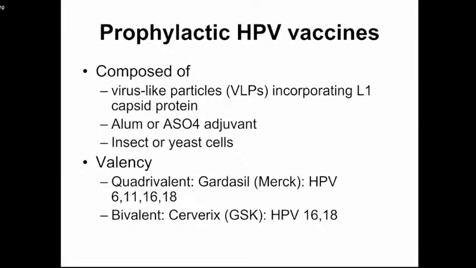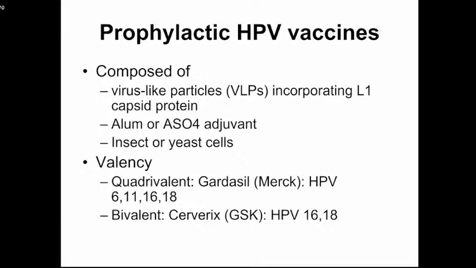Prophylactic vaccines are composed of virus-like particles, or VLPs, which incorporate the L1 capsid protein, and that is combined with either alum or AS04 adjuvant, developed either in insect or yeast cells. We actually have three now, but these were the initial two vaccines: a quadrivalent vaccine, Gardasil, produced by Merck,